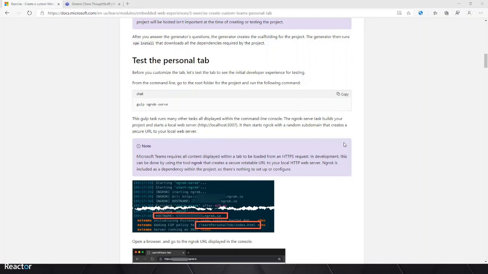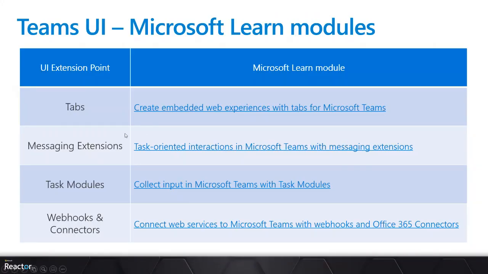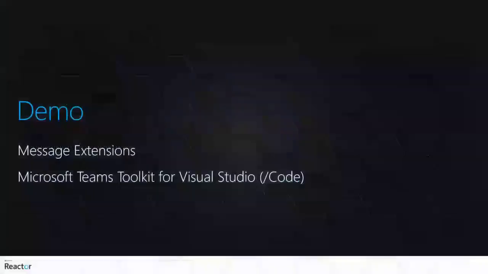The next thing I want to show you is, so we've talked through those and that's great. Let's show you two things. I'm going to show you messaging extensions just to make sure we're on the same page, because I know everyone's probably seen tabs and I want to make sure everyone has definitely seen messaging extensions, and then I'm going to show you the Teams Toolkit as well to go through.